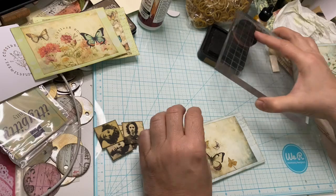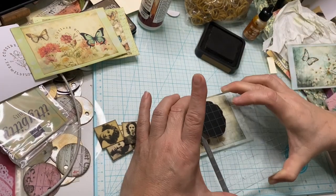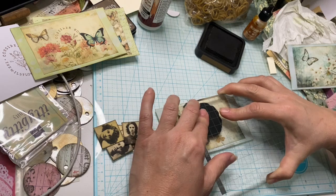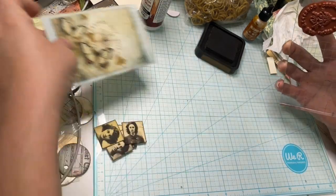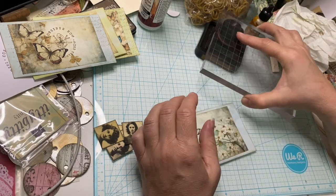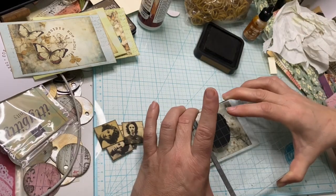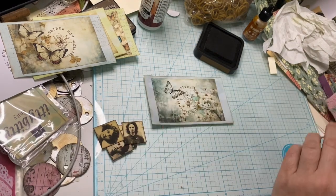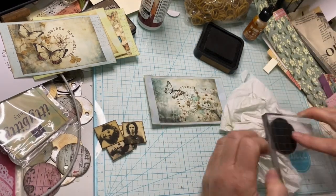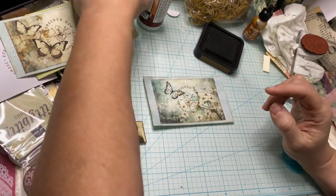Doesn't need to be perfect. I do want it to be stamping somewhat perfectly, but if it doesn't all show, I'm just kind of expecting it to be like a watermark. Okay, there we go. There's that. Let's stamp that one off. I love that. That's so pretty. Okay, and then